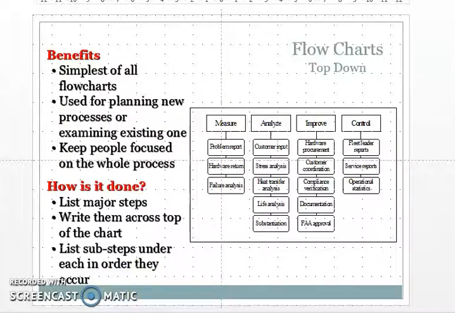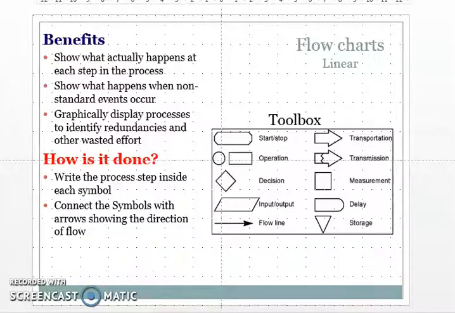Now just see here some example flowcharts for linear. Some symbols are shown. You have seen this is used for delay purpose. This is for storage, this is for measurement, transmission, transportation. All these symbols you have studied in industrial engineering, and all these symbols you have studied in computer programming. And these symbols are used for drawing a flowchart.